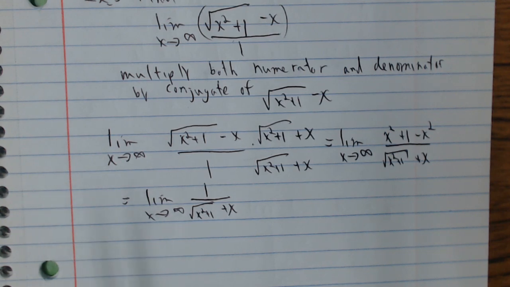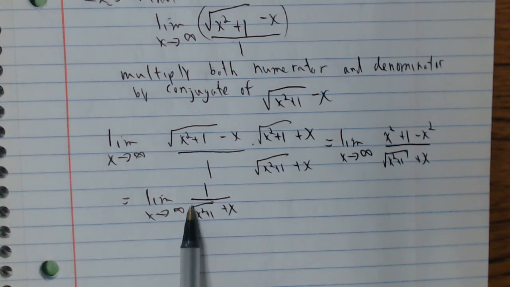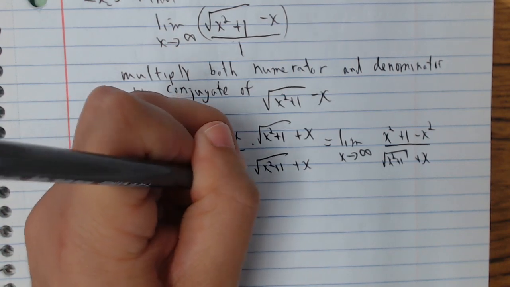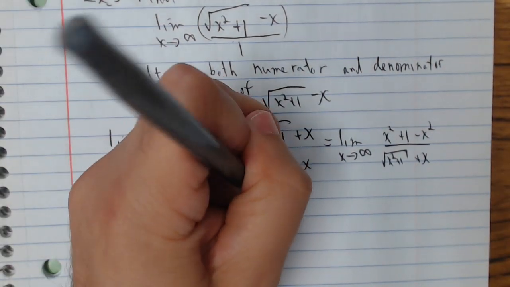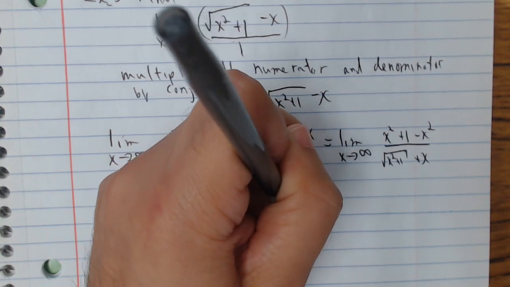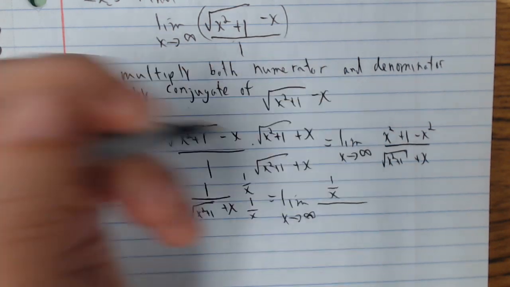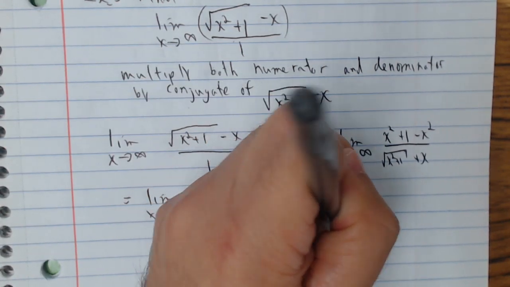I hope you don't say degree is 2, because this x squared is inside of the square root. And what's the square root of x squared? It's just x. So the degree of the denominator is 1. So what I want to do is I want to divide top and bottom by x, or multiply by 1 over x. So what does that give me? It gives me the limit as x approaches infinity of 1 over x all over square root of x squared plus 1 divided by x